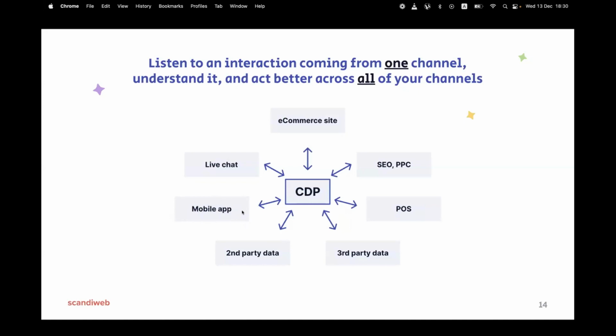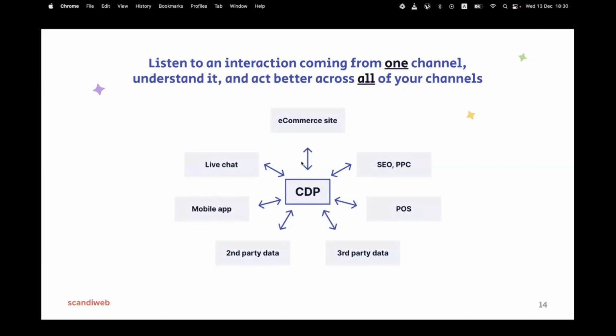You fine-tune it immediately when the person lands there, because you saw that this person came for marathon shoes, landed on our blog, checked a few models, we know it's a marathon shoes person, so we assign them to some segment. So whenever the person comes to the mobile app, or for whatever reason to live chat, we know how to personalize the experience.